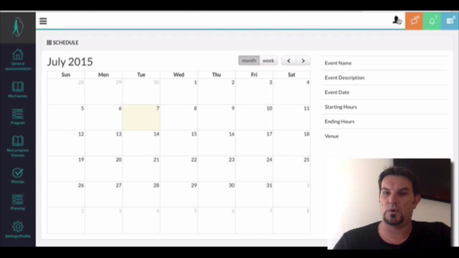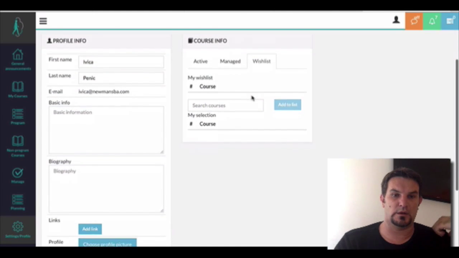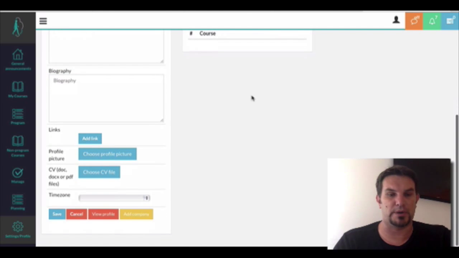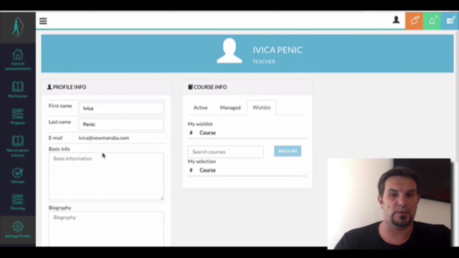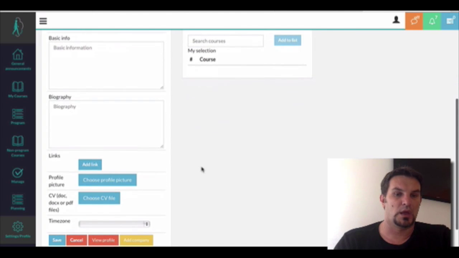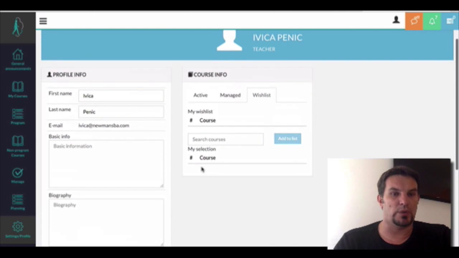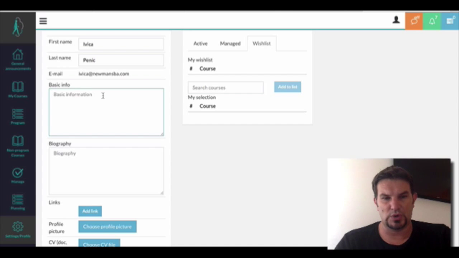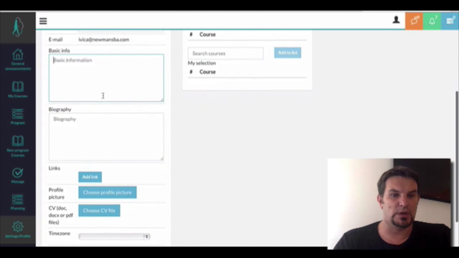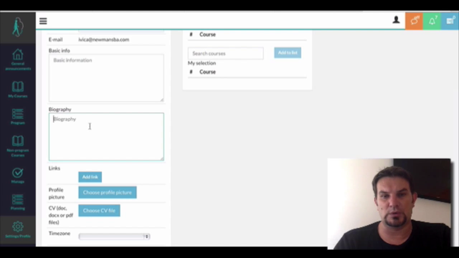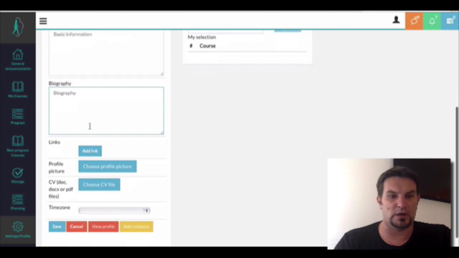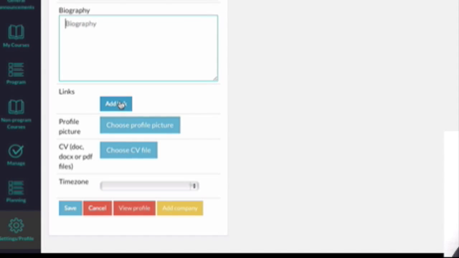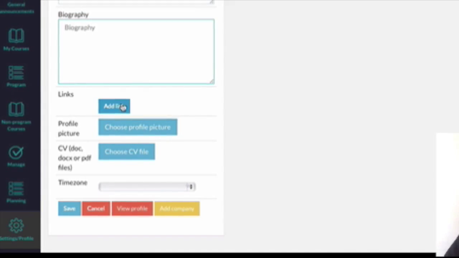First, you go to my profile, and here you will create your own personal profile. That means the information that we will collect and talk about in our lectures this week, you can put here. So first name, last name, your contact email, basic information about you. This is the exercise that we are doing. Your biography: who you are, what you are doing, what your skills and dreams are, and everything else. You can add your links to Facebook, LinkedIn, Twitter, or other social networks.